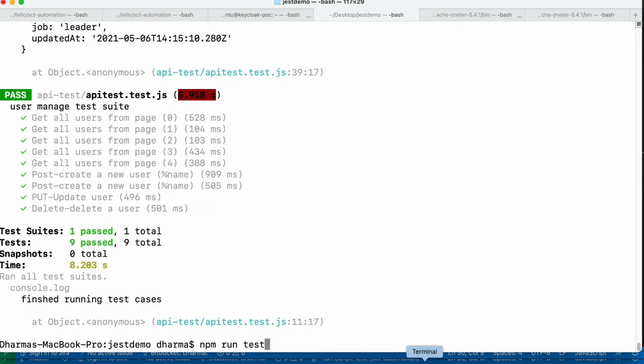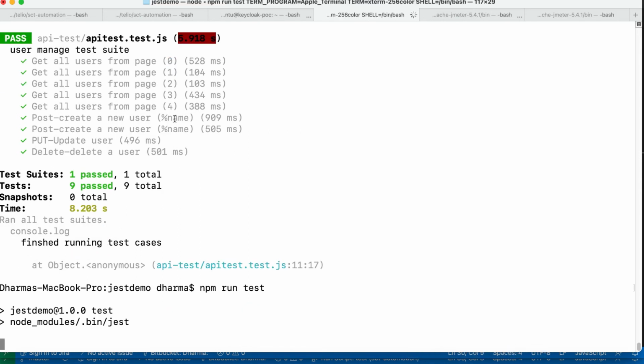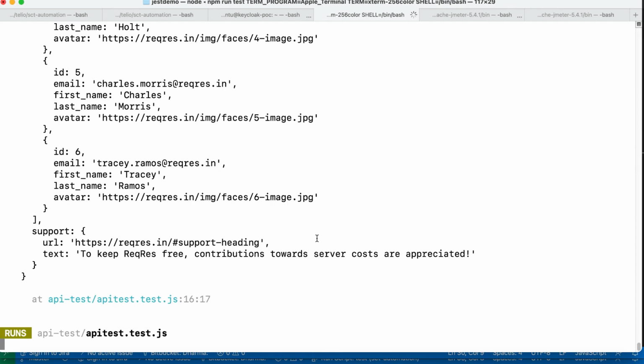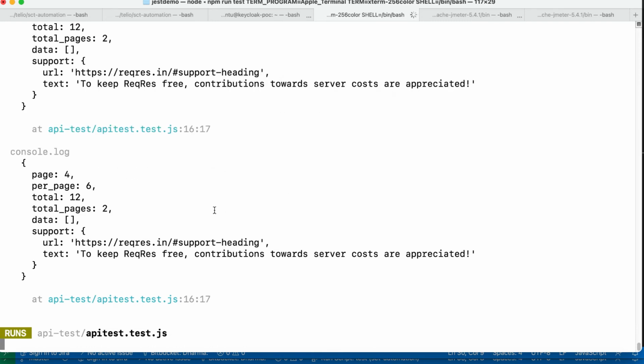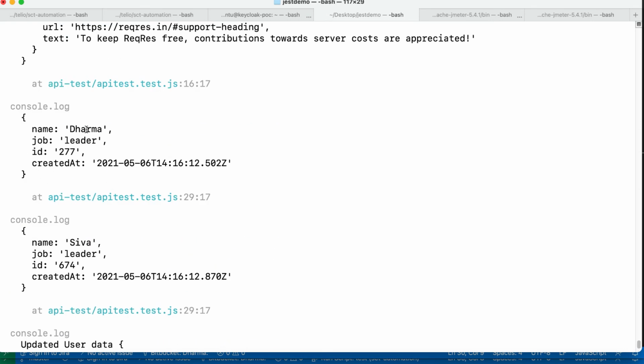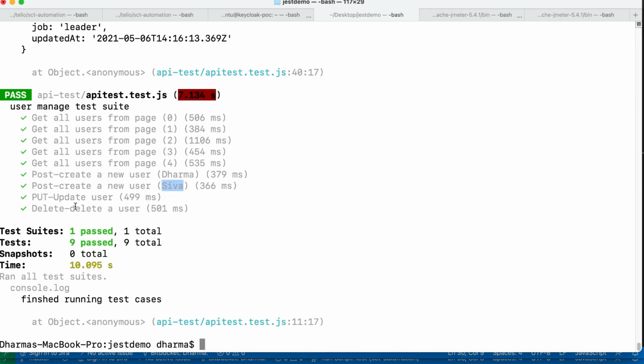Okay, so that will clarify what all the users it has created. Instead of put yes like string, I just did it by mistake maybe. So now it's a get call, then it's created. Yeah, you can see here create user Dharma and Shiva. It was running twice, so you can see here new user Dharma, new user Shiva.